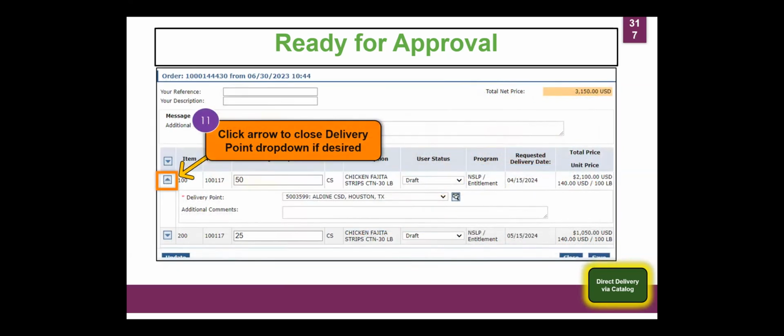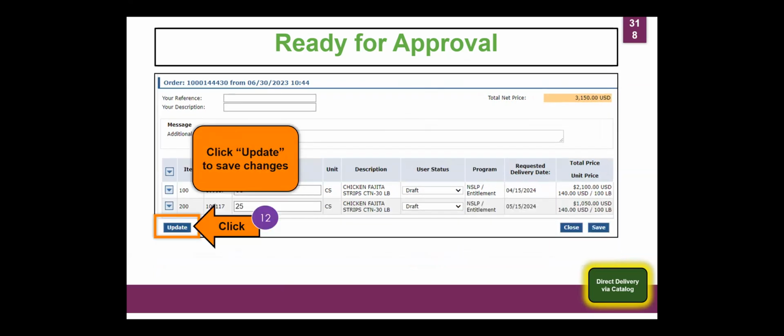So then you can go ahead and close out if you've made any changes. And we always want to click update to save changes.